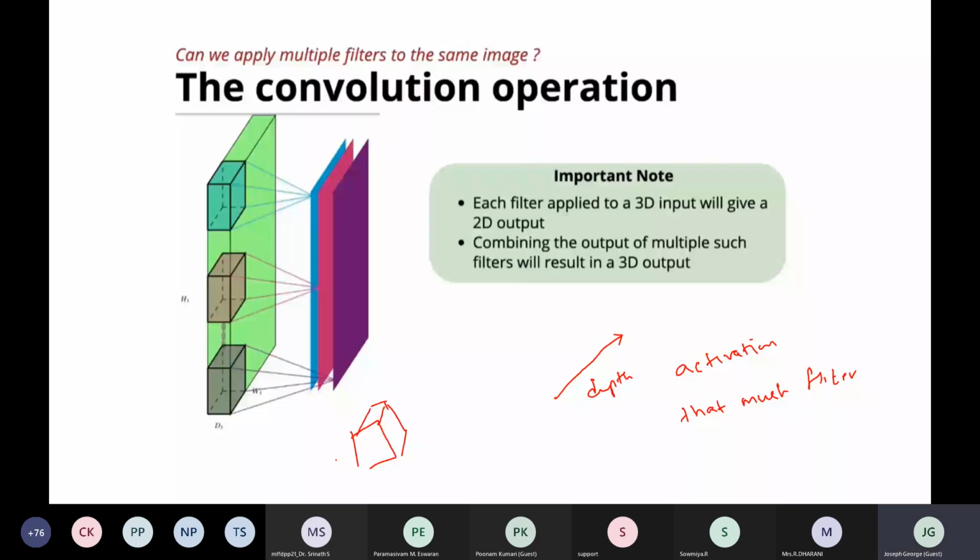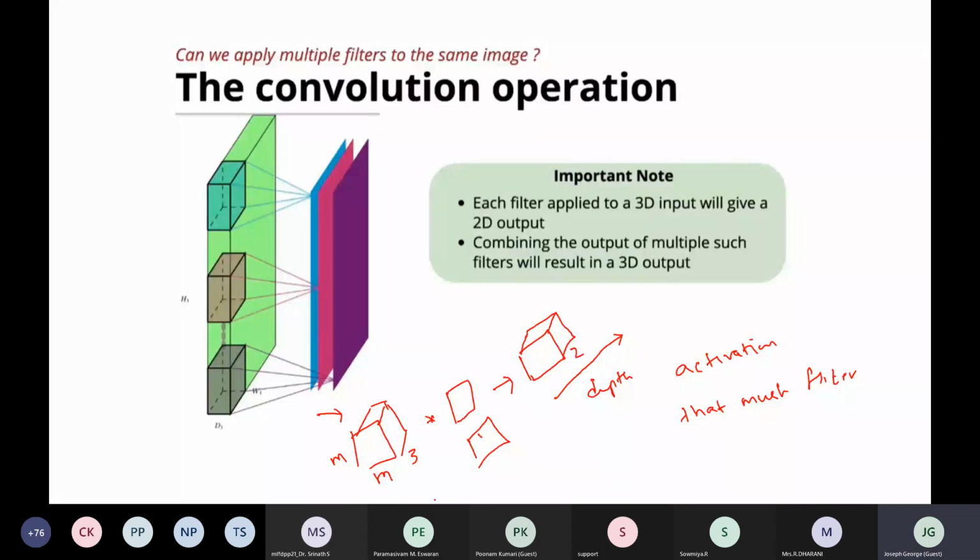Suppose I am using only one filter, then you will get an activation map with only one channel. Suppose instead of one filter, I am using two filters, then you will get an activation map with two channels.